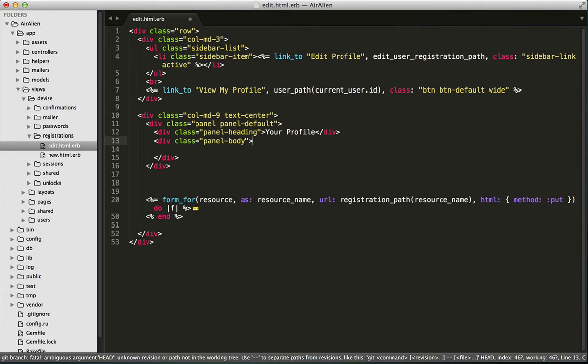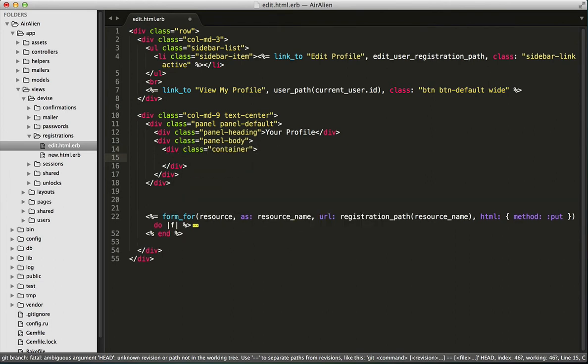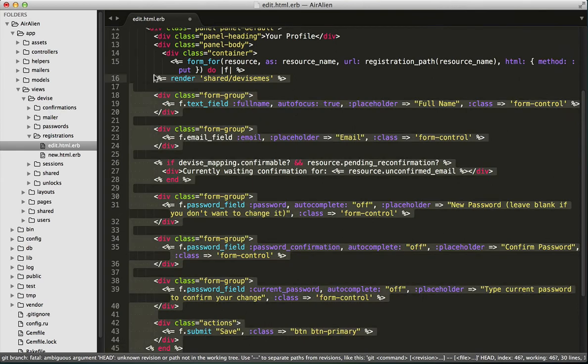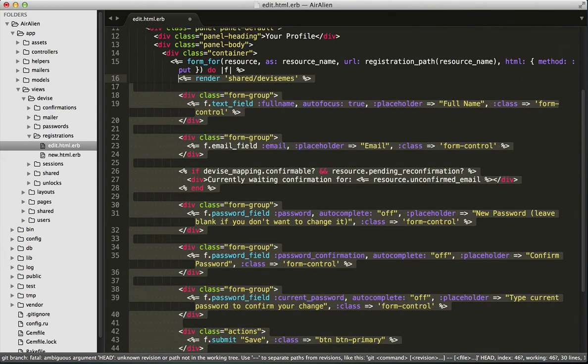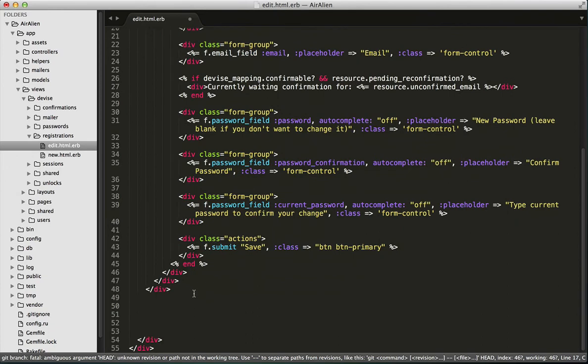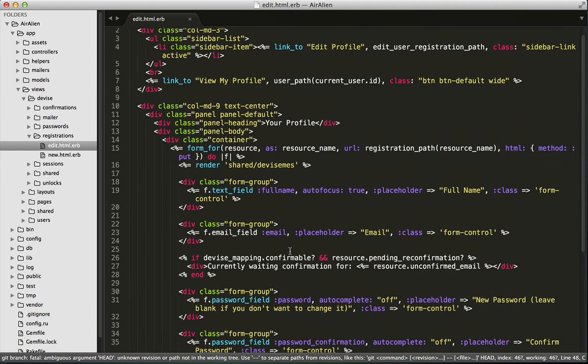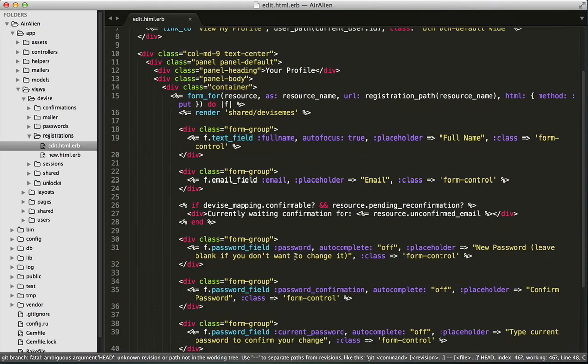So we've got a panel heading, and we should have the panel body. Okay, and inside the panel body, I'm going to say div container. Alright, and then I'm going to move this form into here. Okay, looks good. Now remember that we already add some extra fields into user table, and those are phone number